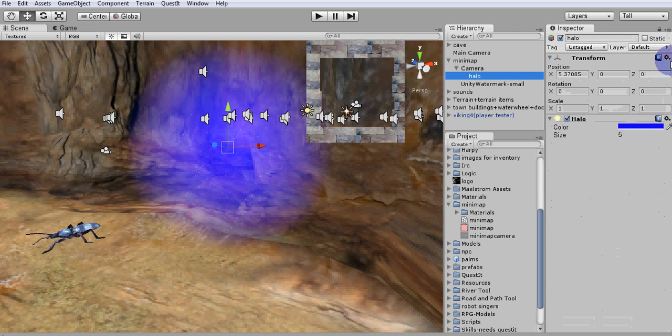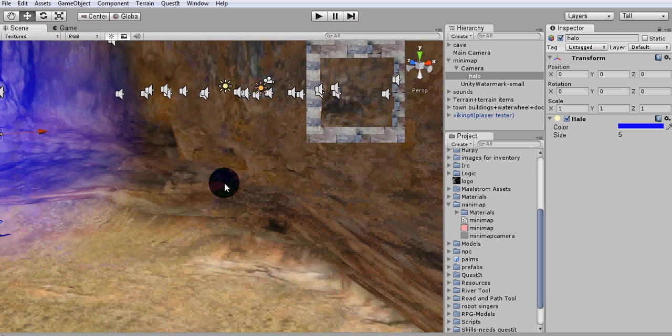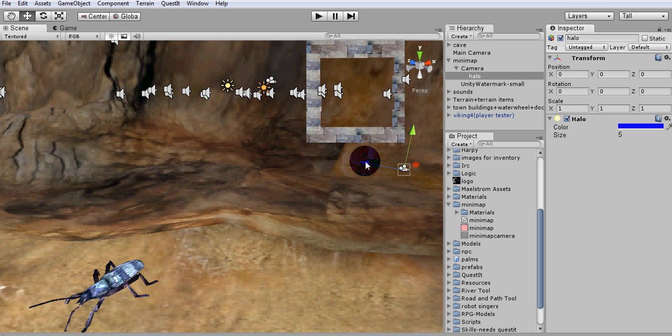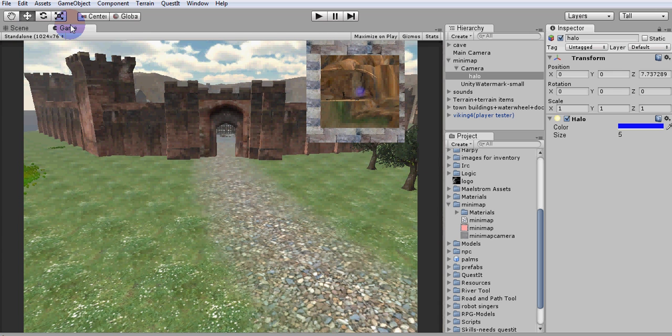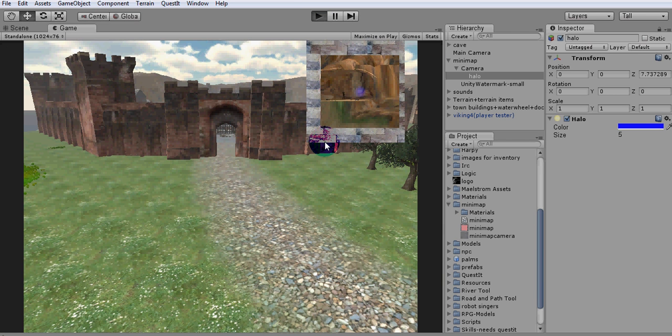Right, reset position. Move it to just in front. And we're at that position, and when you press play, it should now have a blue circle